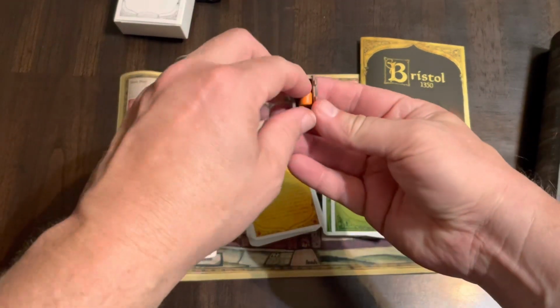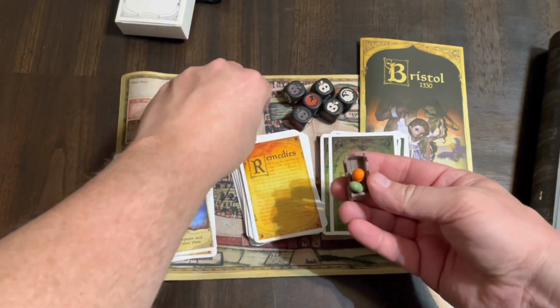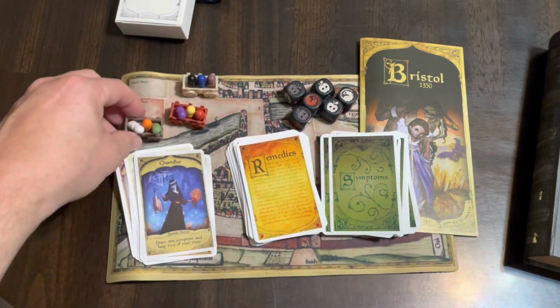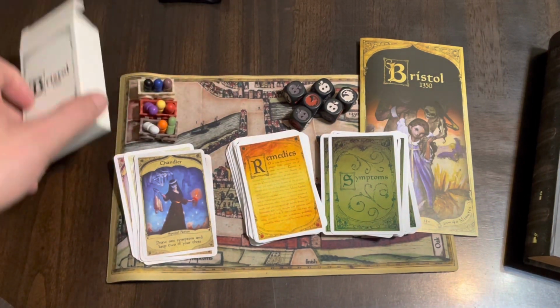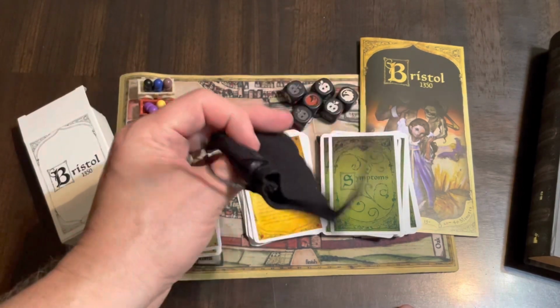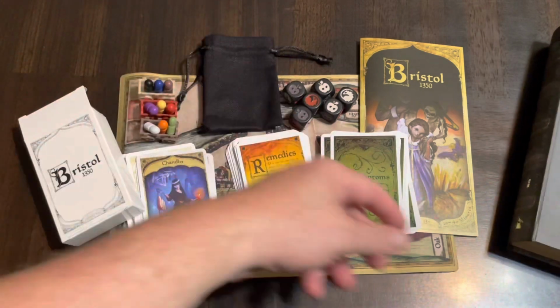I think Marco did a review of this and thought this was pretty good. So that's one of the other reasons I decided to pick this up. So there you have it. Get those on the start there. I don't know what this is for. I don't know if you put the dice in here or what that is for. Anyway, that is Bristol